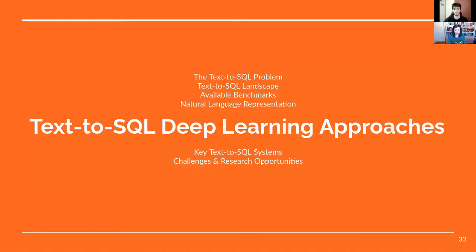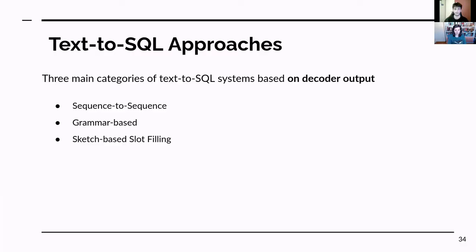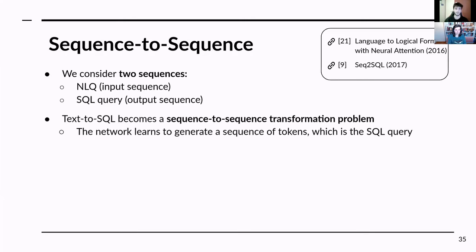So now let's take a look at three main categories that we can separate text-to-SQL systems based on their decoder's output. First of all, we have sequence-to-sequence approaches, which consider two sequences, the natural language question as the input sequence and the SQL query as the output sequence. And by doing so, the text-to-SQL task becomes a sequence-to-sequence transformation problem,